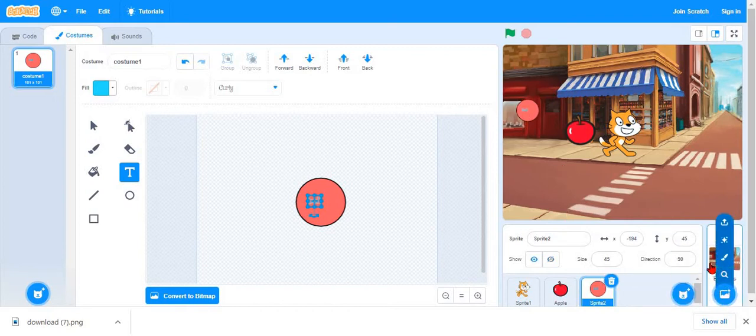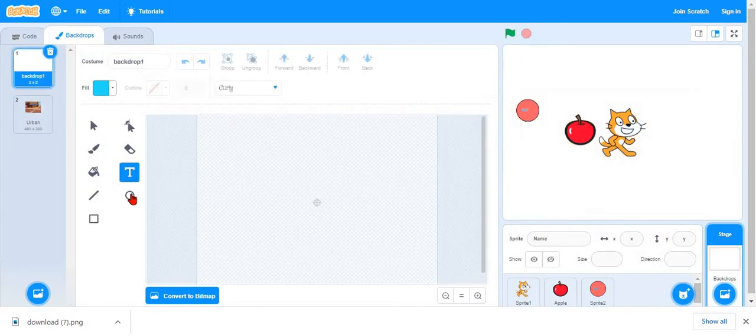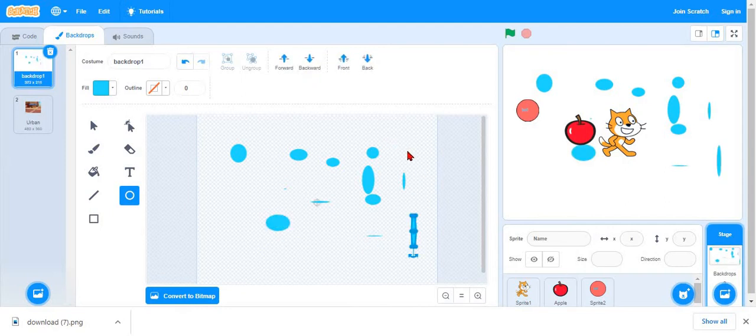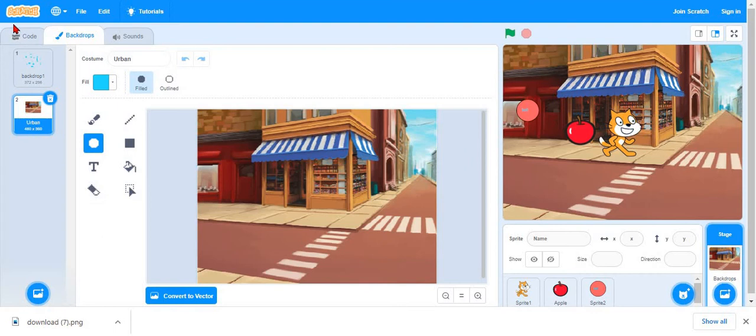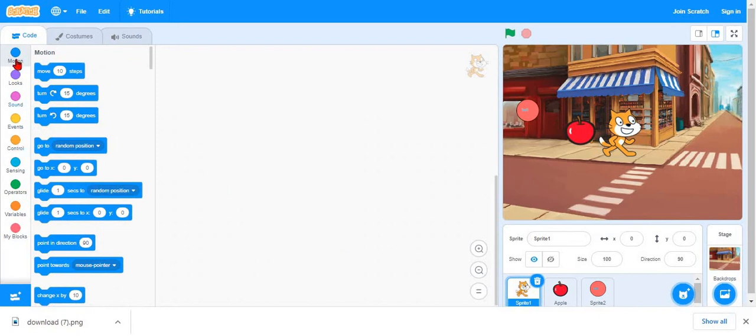And if you want, you can also draw a backdrop. Over here, I want to make a blue circle theme backdrop, so I'm going to put types of circles. Like that, you can make backdrops. And if you want, I'm going to make this cat say programming with Jishnu.